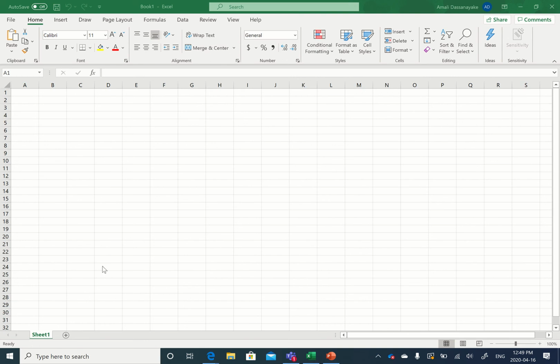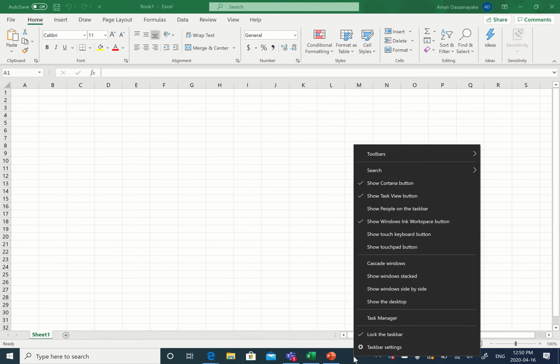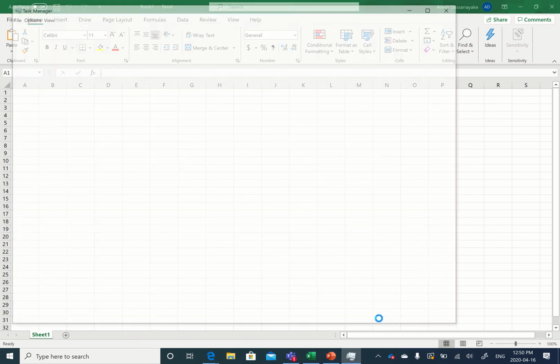So what you have to do is move the mouse pointer towards the taskbar, the very bottom strip that you can see over here. That's where you can see all the apps which are open. Right now I have Internet Explorer, Teams, Excel and PowerPoint. In this empty space, you just have to right click, and then you can see this list and go to Task Manager. Click on Task Manager,